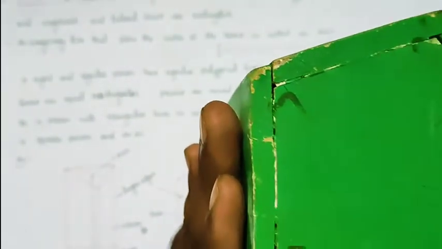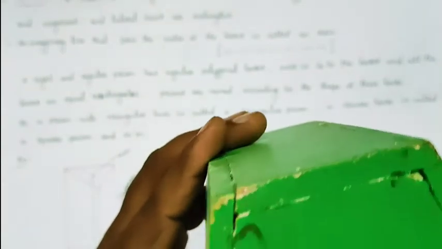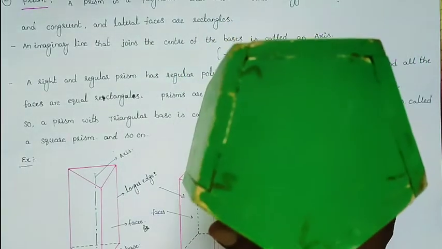two end-sided polygonal bases which are parallel and congruent with each other. And the lateral faces look like rectangular faces. So these are the lateral faces. These lateral faces look like rectangles. So a prism is a polyhedron with two end-sided polygonal bases which are parallel and congruent, and the lateral faces look like rectangle shapes. Then the type of polyhedron is said to be a prism.